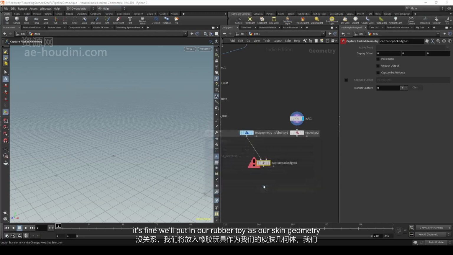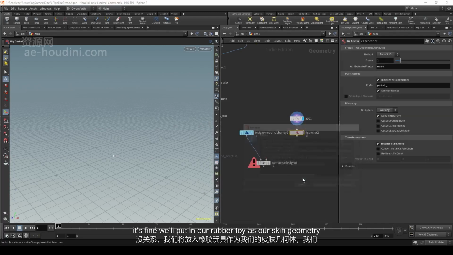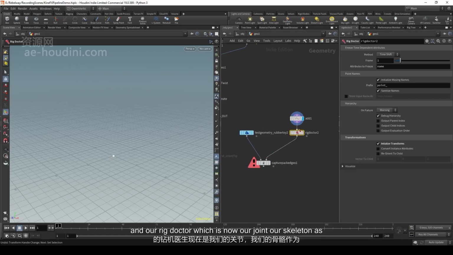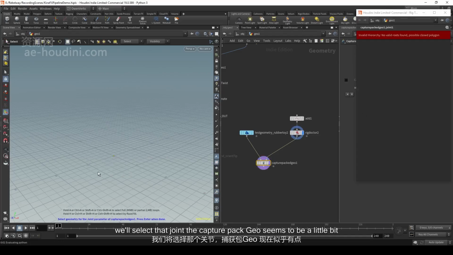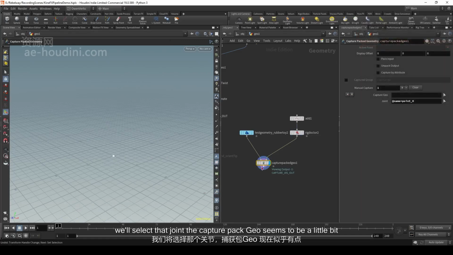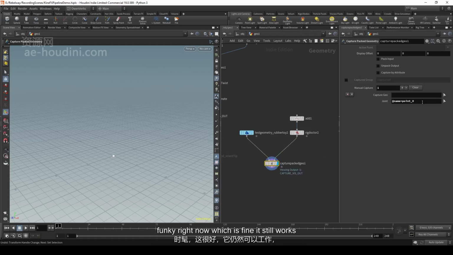We'll put in our rubber toy as our skin geometry, and our rig doctor, which is now our joint, our skeleton, as our skeleton. We'll add a new skinning. We'll select that joint. The capture pack geo seems to be a little bit funky right now, which is fine. It still works